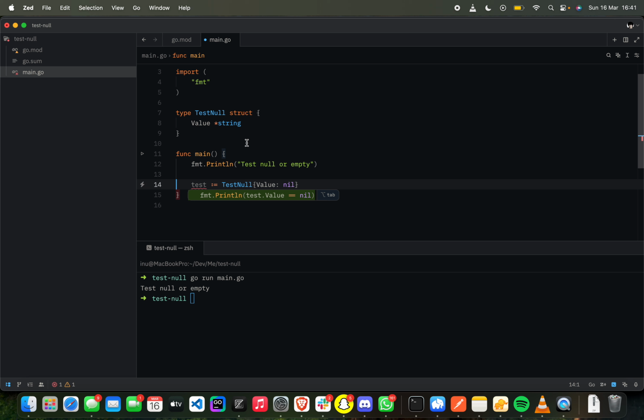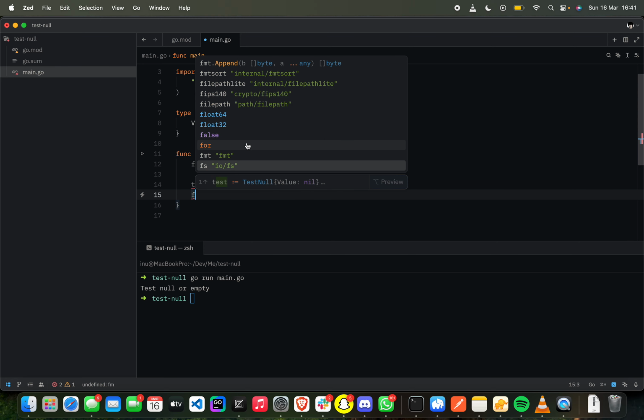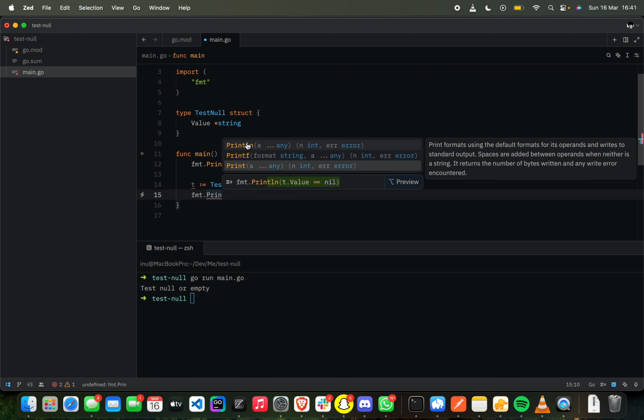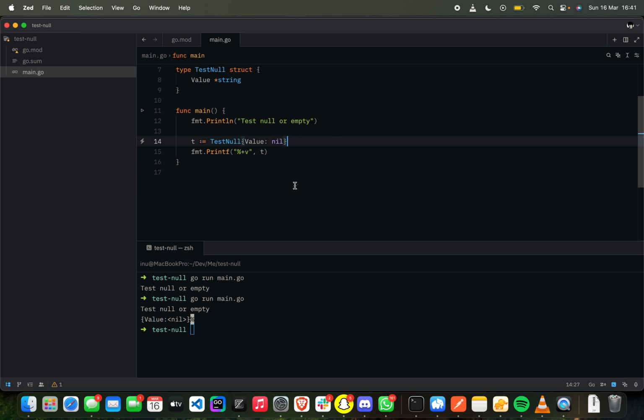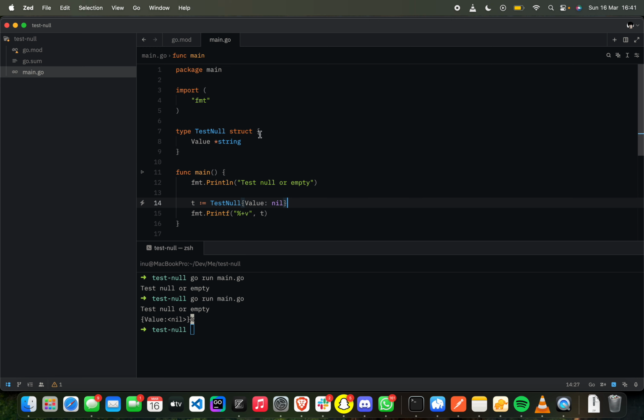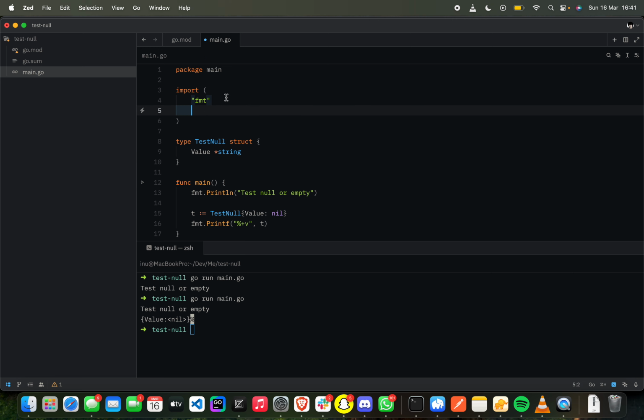comparing. fmt.Println, let's just say, or let's use Printf instead. Yeah, so you can try running this and see, okay, it's actually null. So the use case for that is for this package I just created, which we can try to import